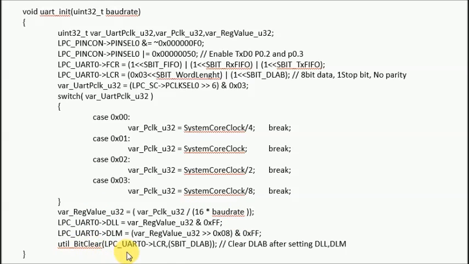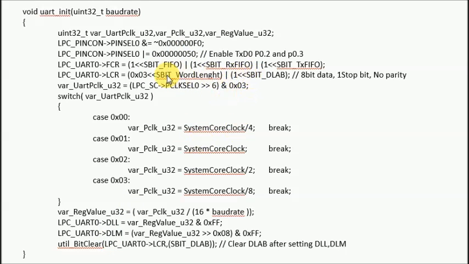Then we have to clear the DLAB, because we have already set the value in the DLL and DLM for the particular baud rate. So after using it, we have to clear the DLAB register. You can see here we set the DLAB value because we are going to modify the DLL and DLM registers.